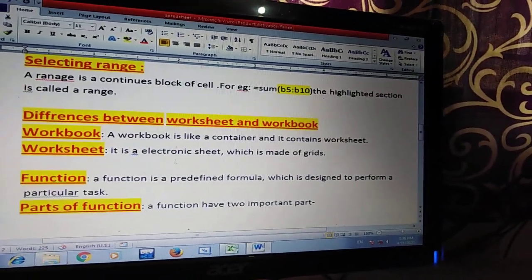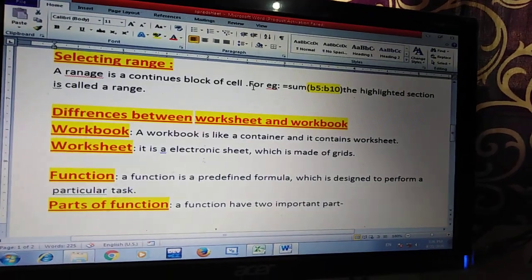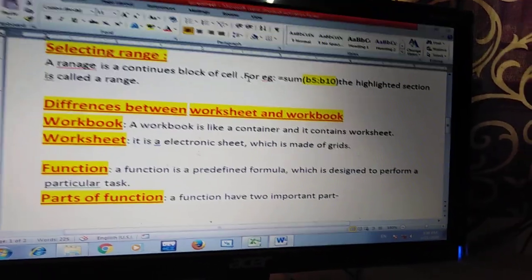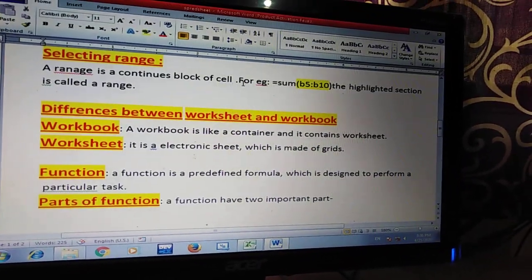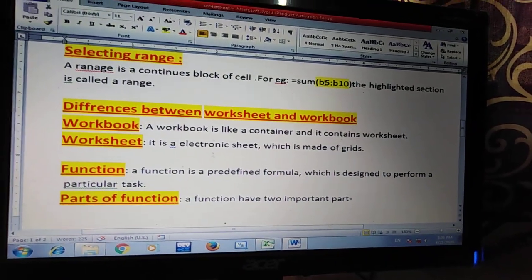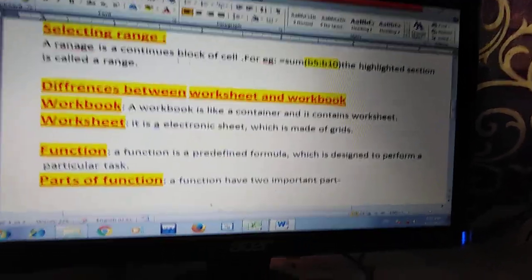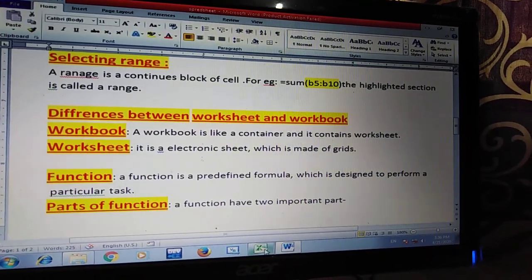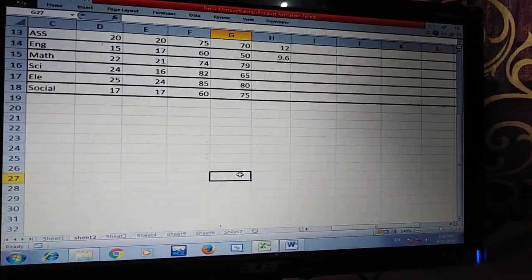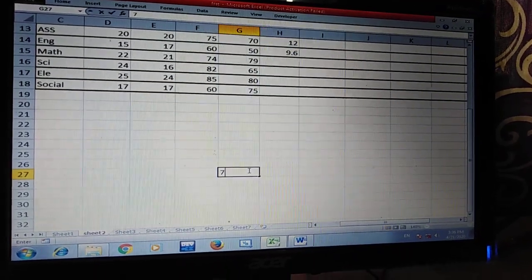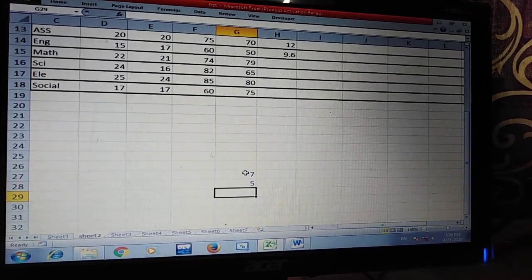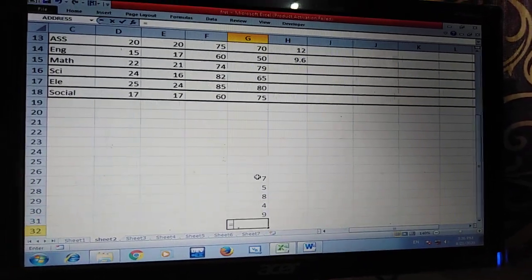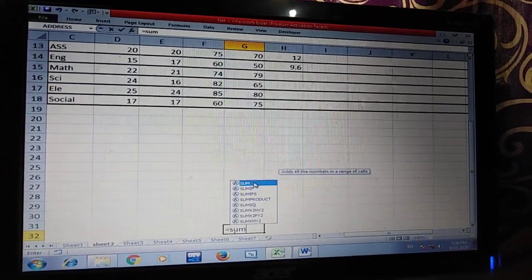Next heading, selecting a range. Selecting a range means whenever we perform any kind of function or any kind of formula, we have to put value within a range. So a range is a continuous block of cell. Suppose if we put here some numbers, okay, now we have to perform a formula.